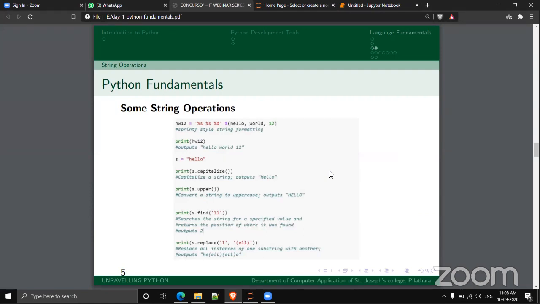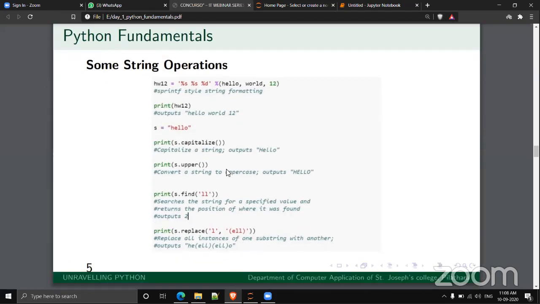So this is the output, hello world 12. And we can have an overview of some string processing functions. Here we have a string s which is assigned the value hello.